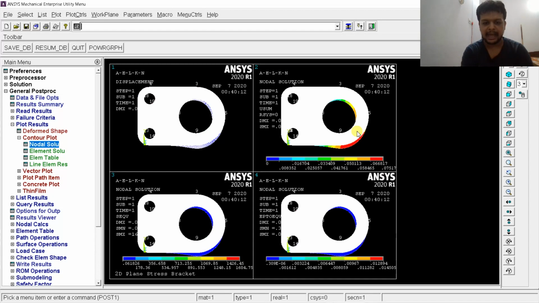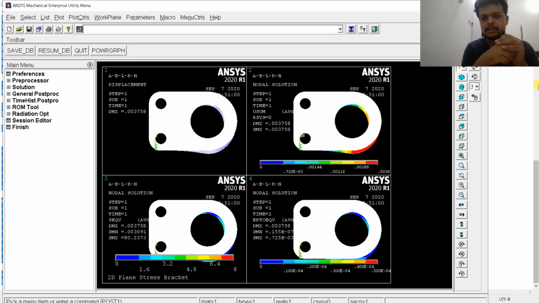Okay, see here, there are four windows, and all four windows have both deformed and undeformed shapes. They have contours, and the commands which I used, as I explained, have plotted the same thing in those four windows.